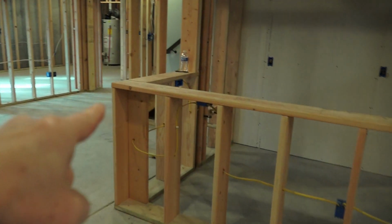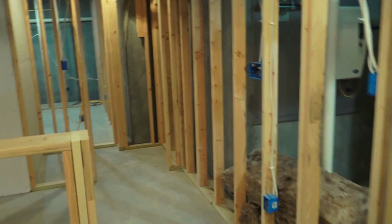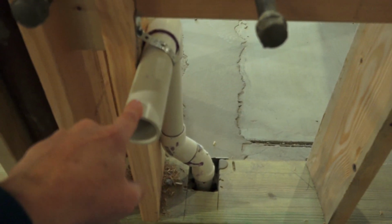Here we've got our 42-inch high bar wall. We're going to have a 2-tier bar here in this section. And we can walk back in behind here now. Plumbing all done here. Cold and hot water. We have a 1.5 inch drain line,